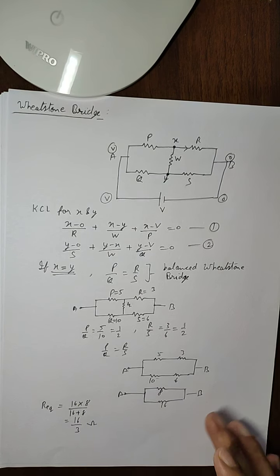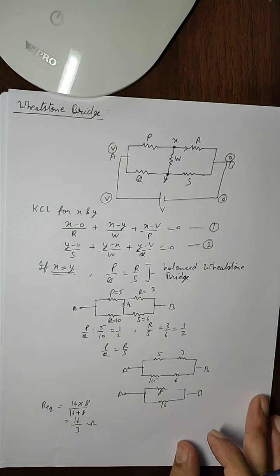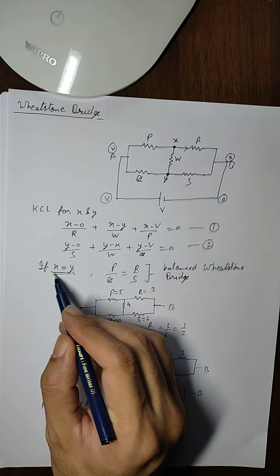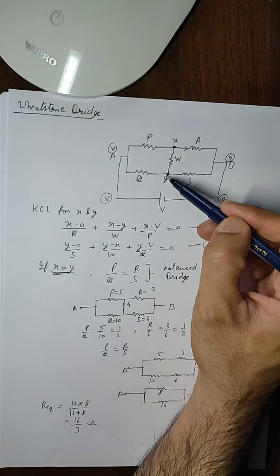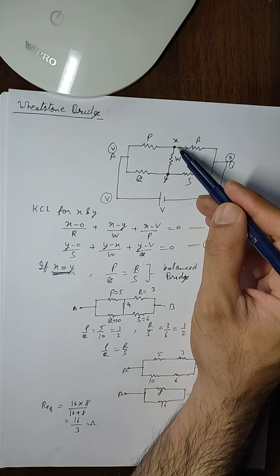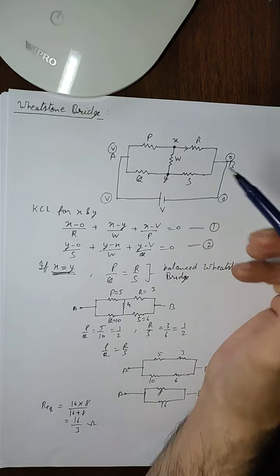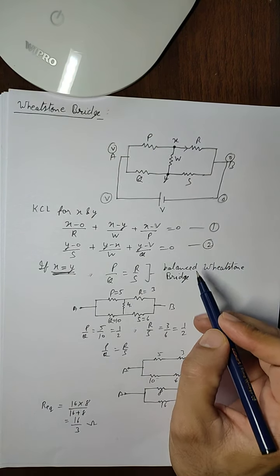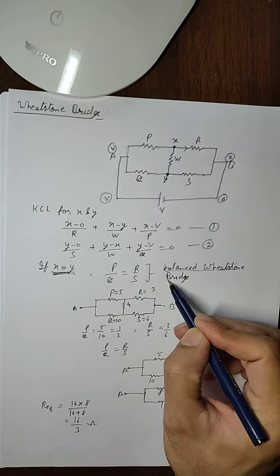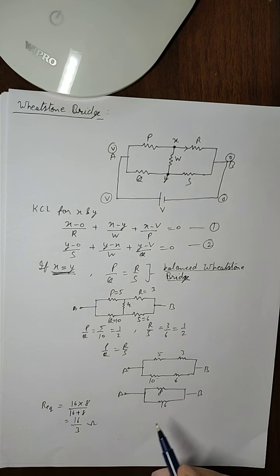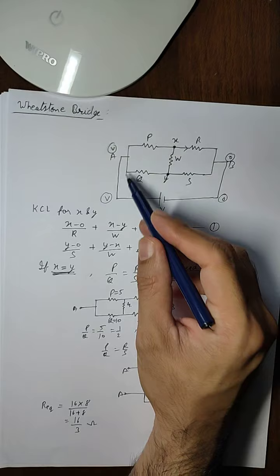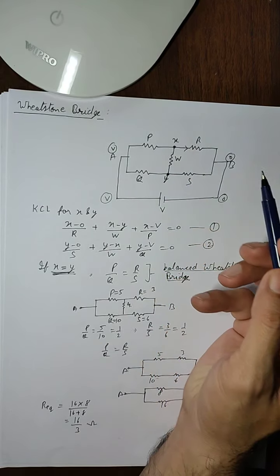So this way we can find out the equivalent resistance, and this is the condition for Wheatstone bridge in which the potential difference on the middle branch is 0, and in this condition the Wheatstone bridge is called balanced Wheatstone bridge. So there will be no current, and then we can find the equivalent resistance, and we can also find the total current passing through the circuit and passing through each of the resistors.